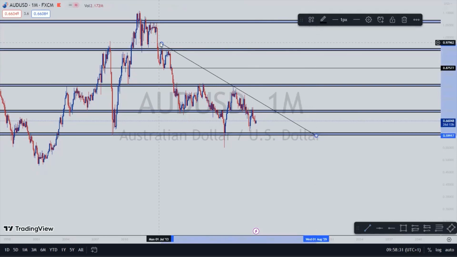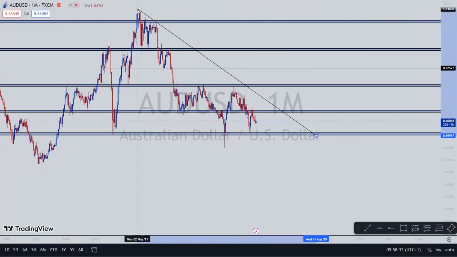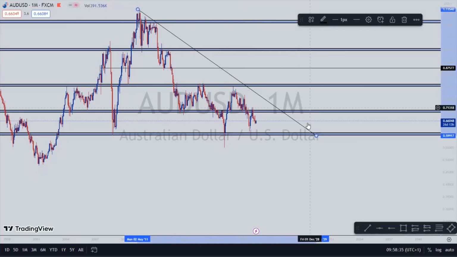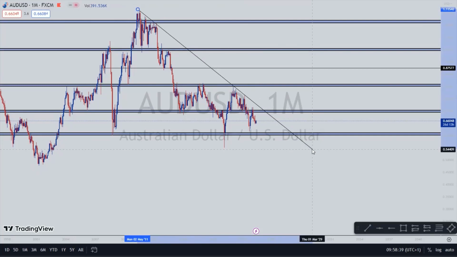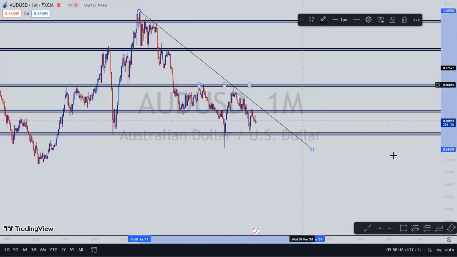Let me try and adjust it up here. Anyways, the main idea here is that the market is going down. So now that we know the market is going down,